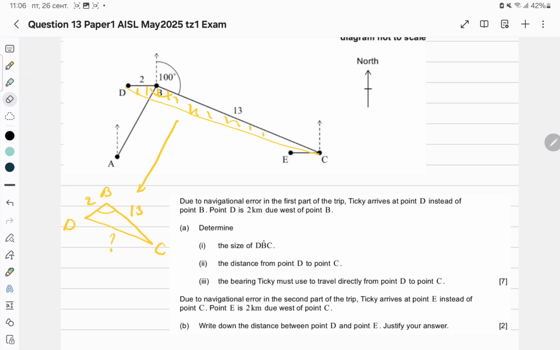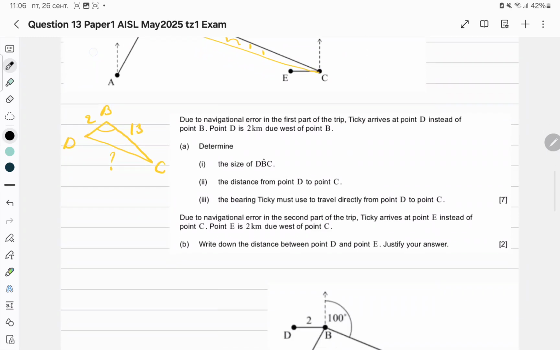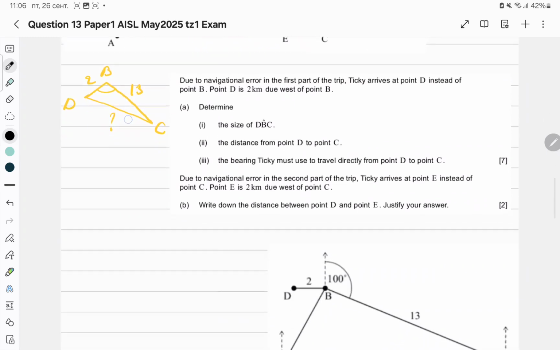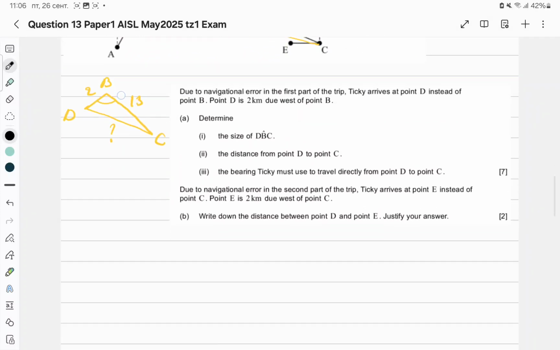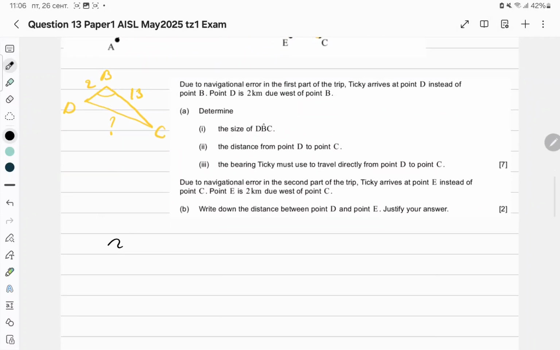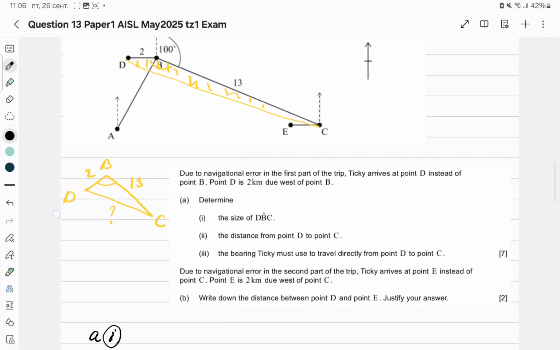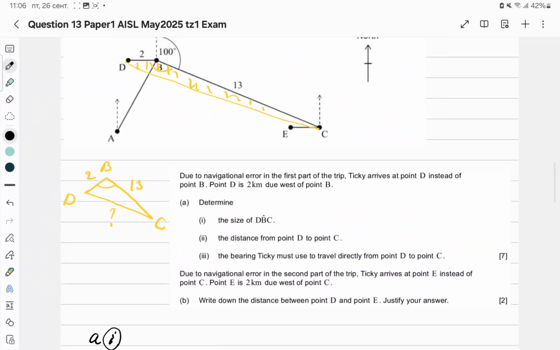Okay, and we should find the angle theta, because we will use the cosine rule. Let's use the cosine rule here. Now let me write it here somewhere. So part A, first part, and size of angle DBC. Size of angle DBC. But before using the cosine rule, we should use